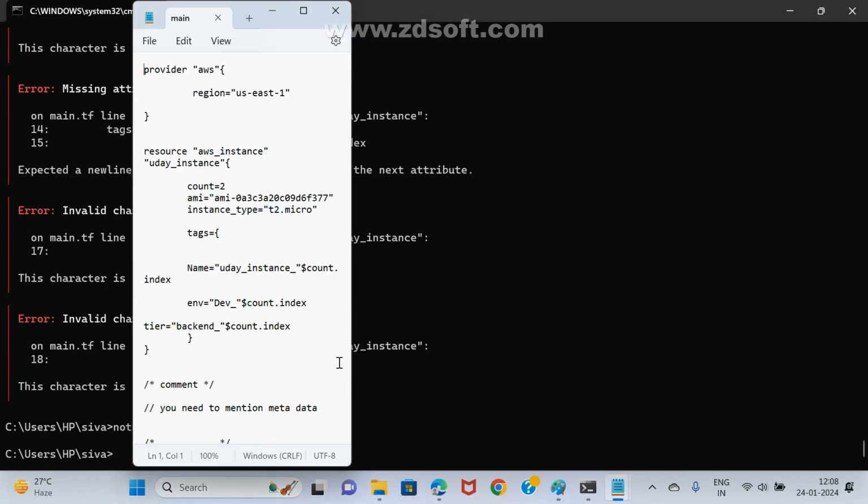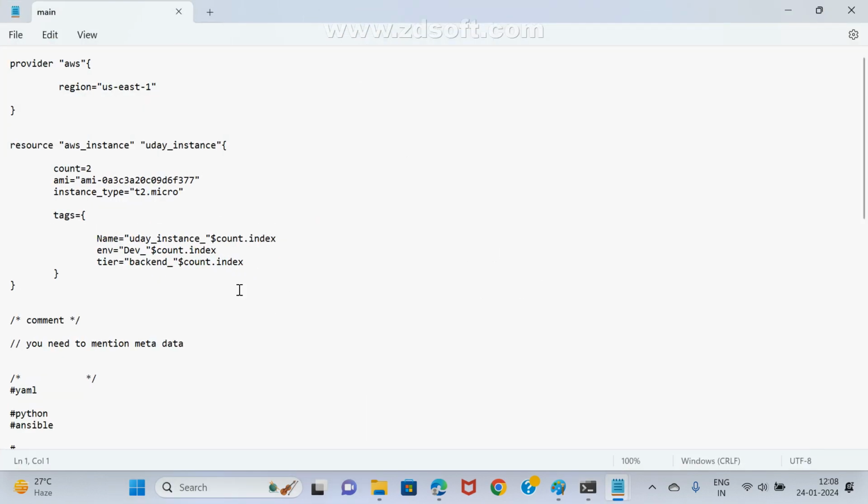Terraform manifest. Uday here is not giving count. Count dot index. I think properly provided. Anyway, name is equal to